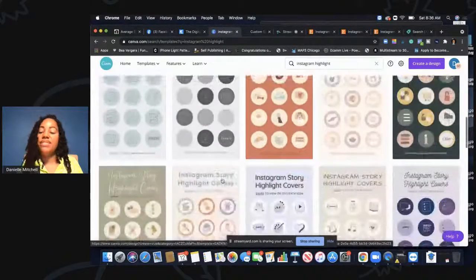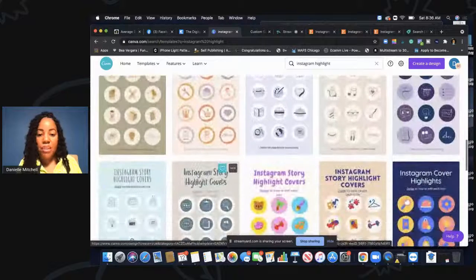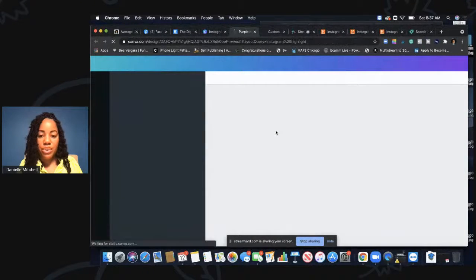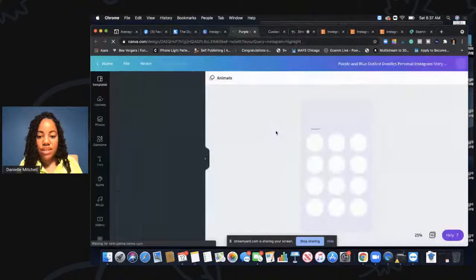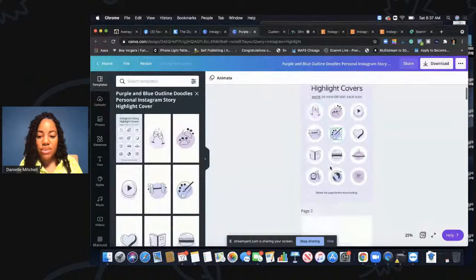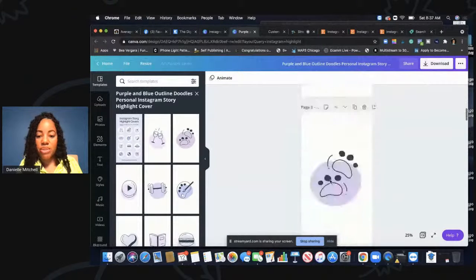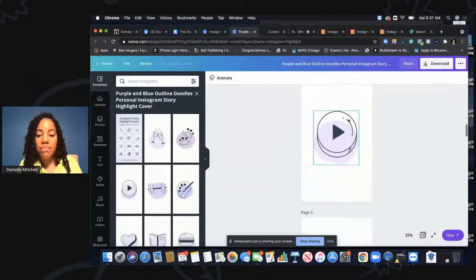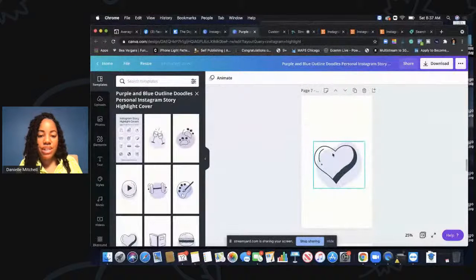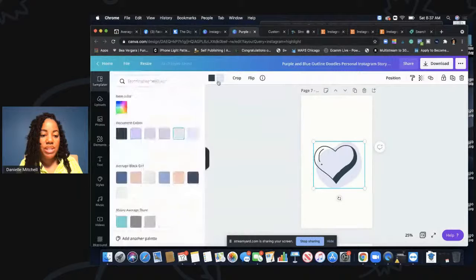So again, Canva is free. And so this, for instance, I think that this purple one is kind of cool. And then you can determine which ones you like. It comes with all these, and then you just download them and upload them. And they're already pre-made. If you're like, no, I need to change it to my brand color,